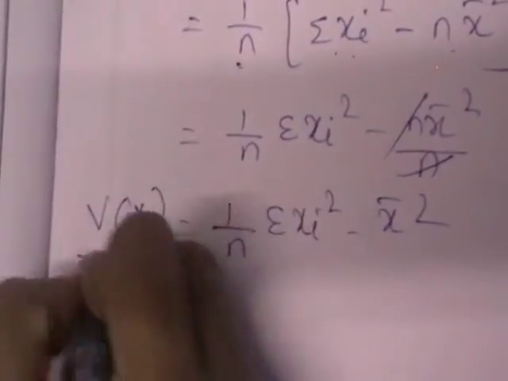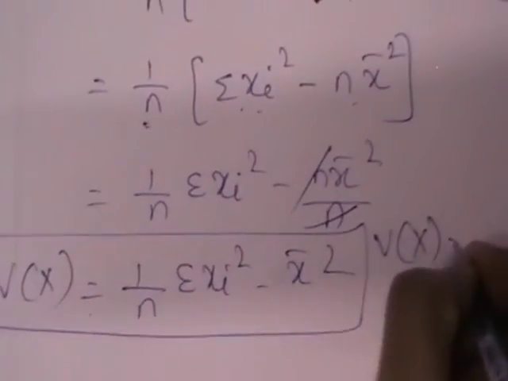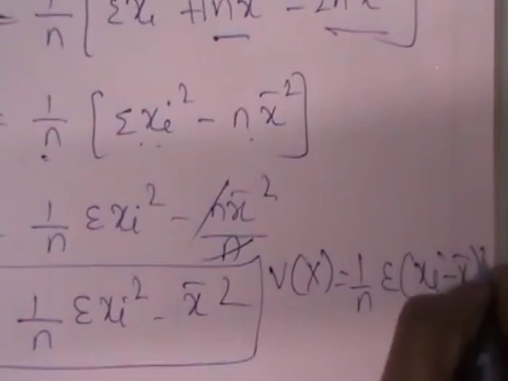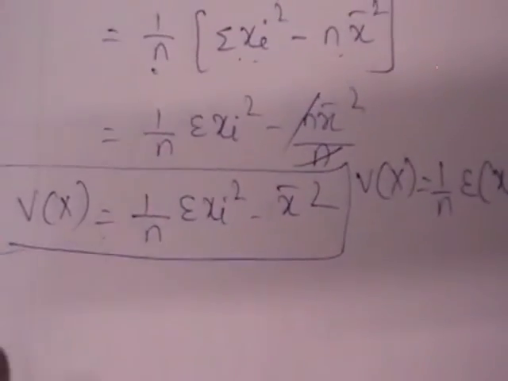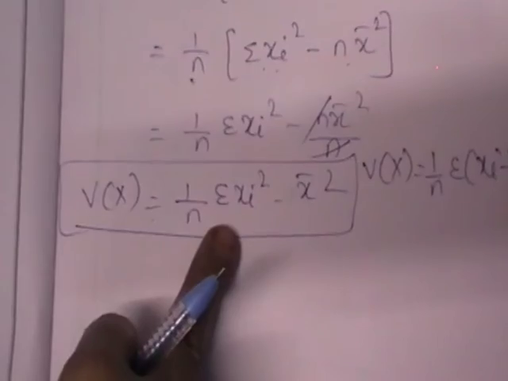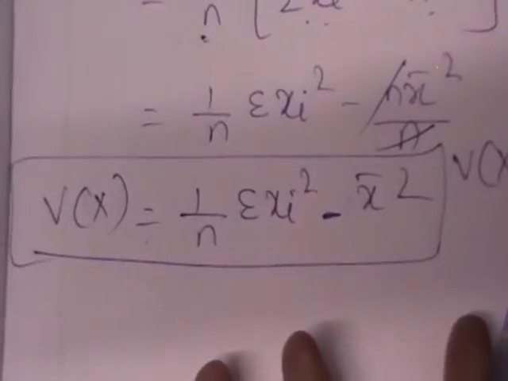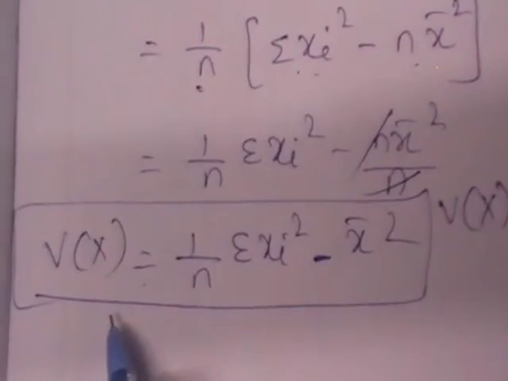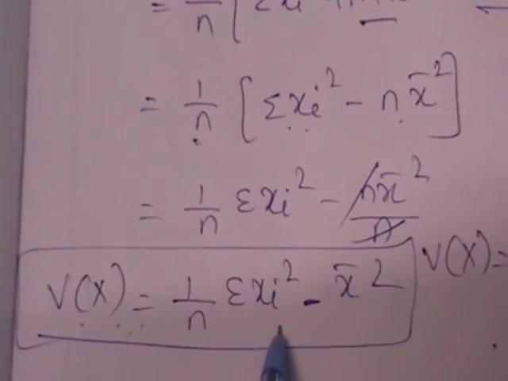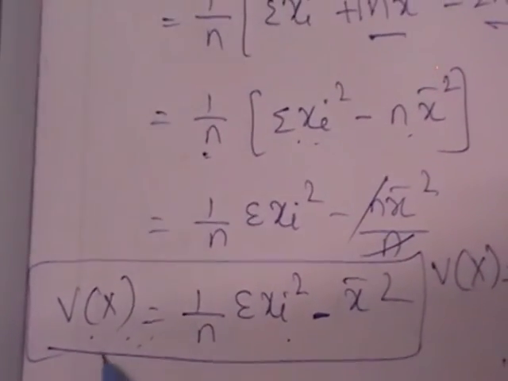So variance of x has two forms which we have derived. What is the original form? Variance is 1 by n sigma xi minus x bar whole square. On simplification you will get 1 by n sigma xi square minus x bar square. This is the original expression, and using simplification we got a simplified expression, which we use while doing problems. Instead of using the original formula, this will be easier for